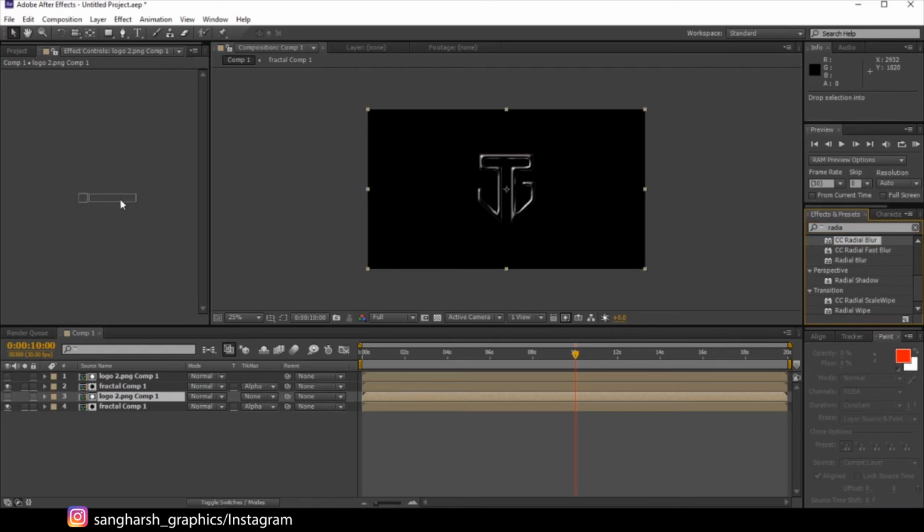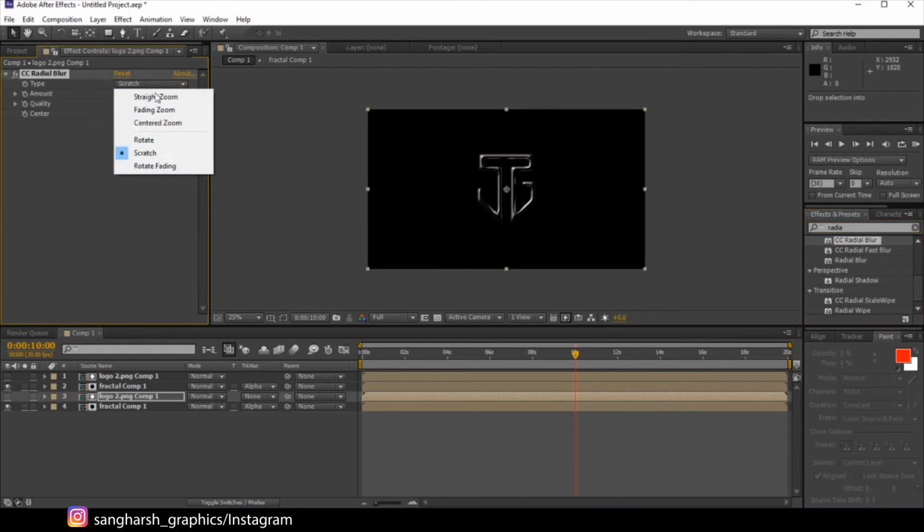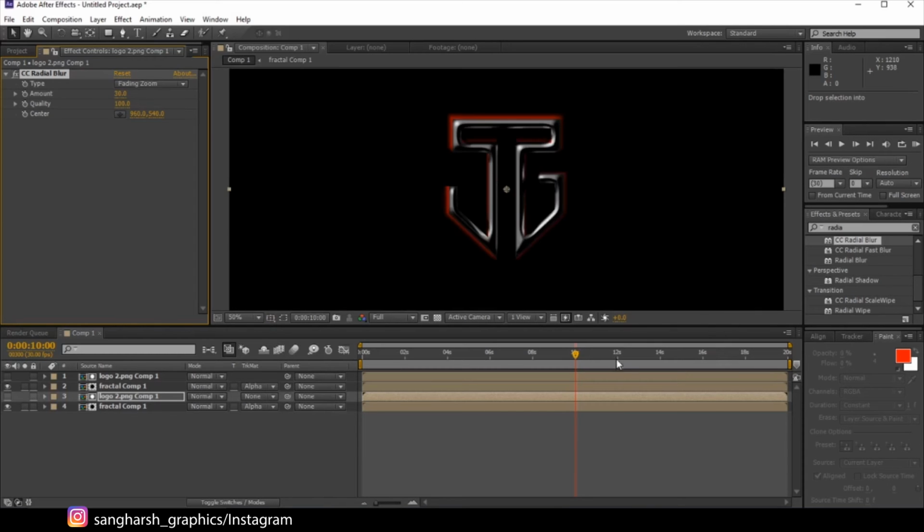Here apply it, let's make the type fading zoom, amount let's make it 30, yeah, fine, and quality, let's make it full up to 100 like this. Yeah, fine. Now you can see we have this nice looking extrusion depth here.